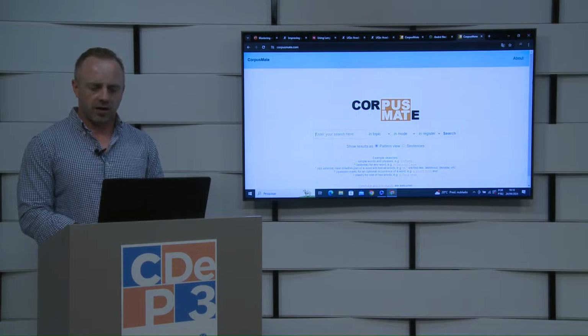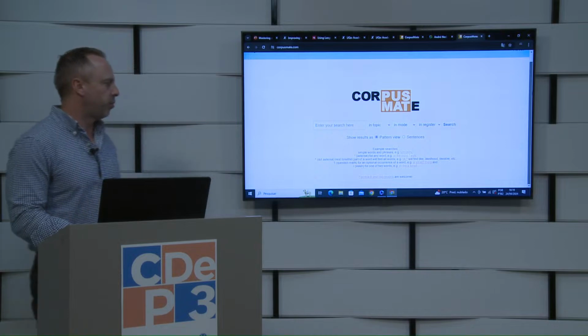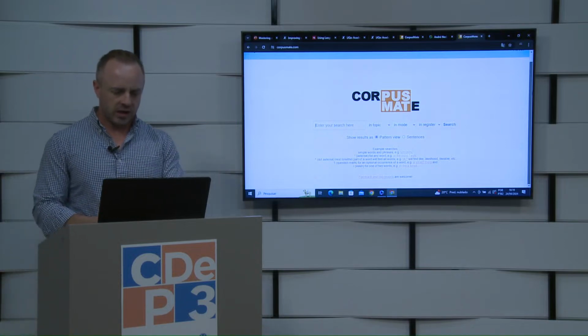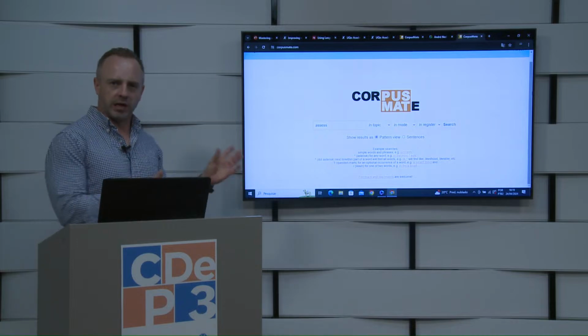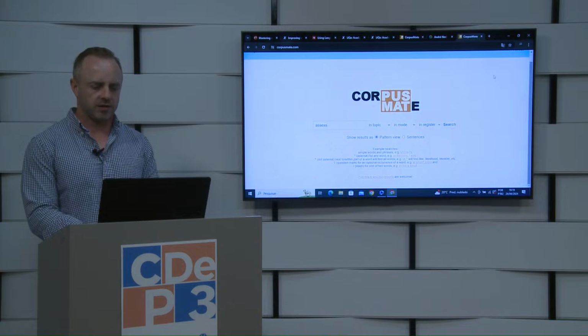We've got here the main site for CorpusMate. You can see it's very simple in its user interface, looks very similar to Google. I can search for any term within the 40 million word collection that CorpusMate contains, and I can search for examples of how that word is used.